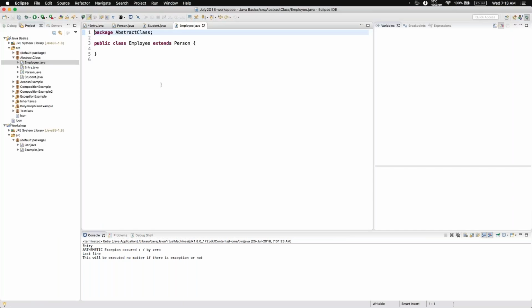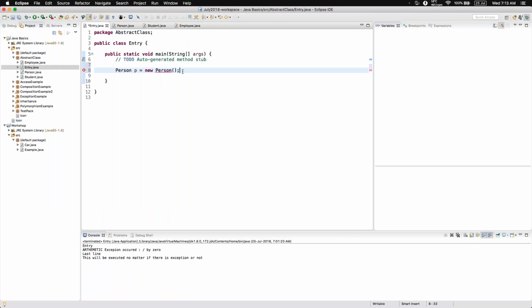Finish. Okay, now you have your entry here. You can create student s equal to new student. Okay, you can have employee e equal to new employee. These two lines will not throw error, but this will throw error, meaning that if you have something